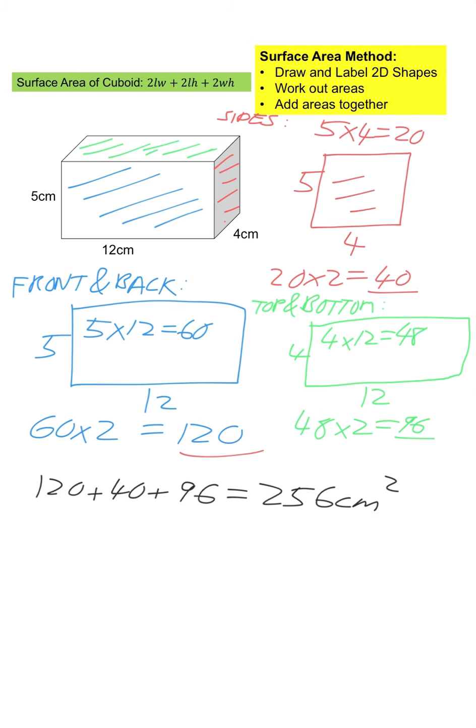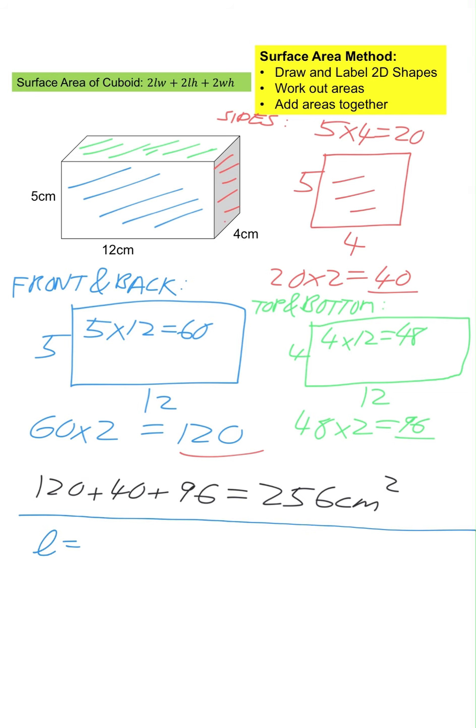Now, for cuboids, there is a faster way to do that. Okay, and the reason I wanted to draw out the 2D shapes is because when you have to find the surface area of other prisms, there won't always be a simple formula for it. So it's important that you do understand how to draw it out. So the formula I'm going to use now is up at the top left here. So 2 times the length by the width, plus 2 times the length by the height, plus 2 by the width by the height. And in this question, our length,